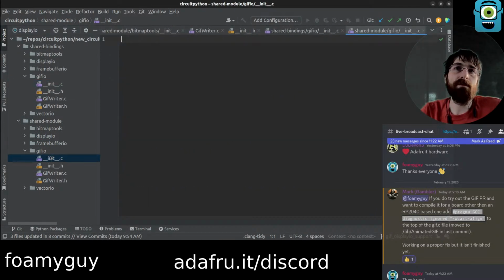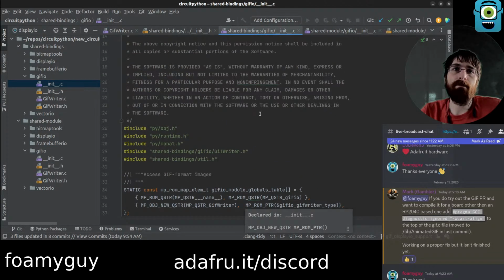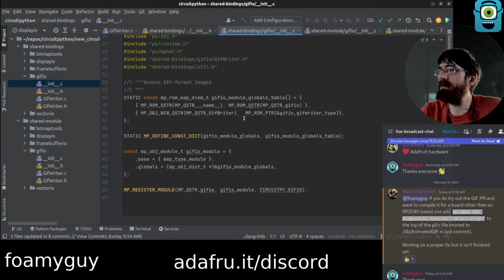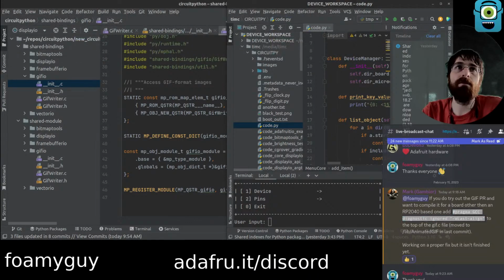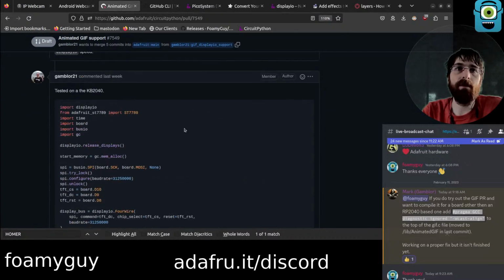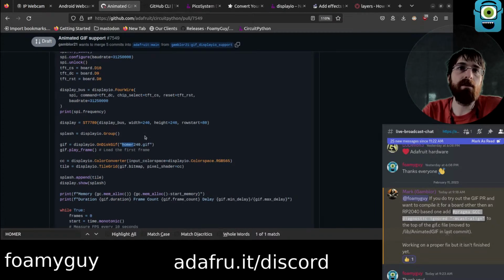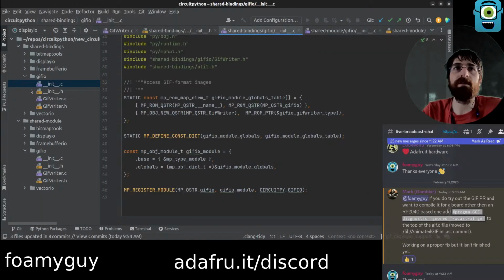Is it in initC? No. The GIF writer? Or is this a different one? Is it not in GIF.io? I don't have the code on this one anymore either. Actually look at the code very closely. Yeah, I have the wrong module. Oh, right, now it's in display.io. Okay. Okay, yeah. What is GIF.io? Interesting.